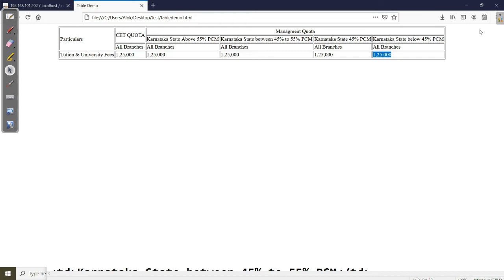Row span and col span are very important but very simple in table designing. You should only know how many maximum columns are there, which columns merge and where the rows merge, then the coding is very easy. Otherwise, this is a complete complicated task for you. Okay, and one more thing, here you see these values are not in the center. This value, this value is not the center, right? So in that case what can you do?